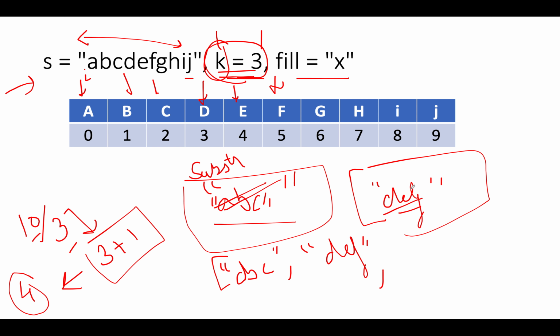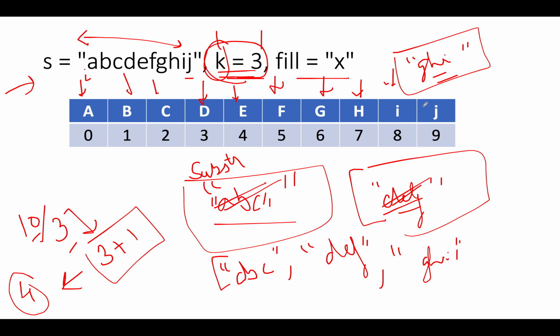Let's proceed ahead. After this, you're going to reset the substring and create the new substring. That would be GHI. So G gets added, H gets added, and I gets added. So you're doing it one by one. And as soon as you see that the size has become equal to K, you'll add it to your result. So GHI gets added.